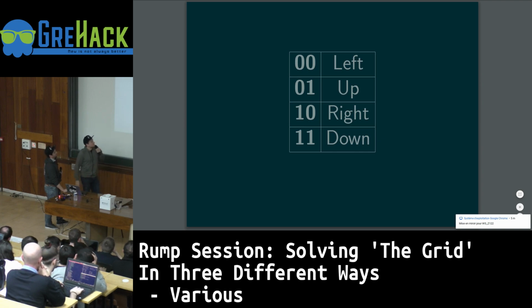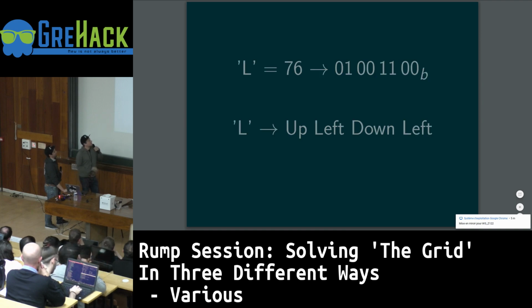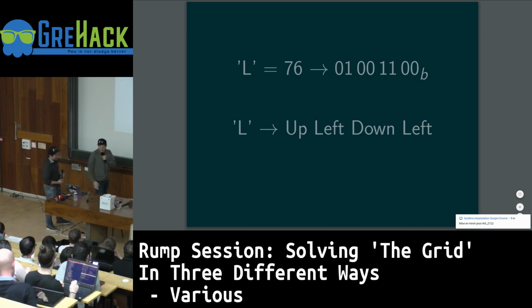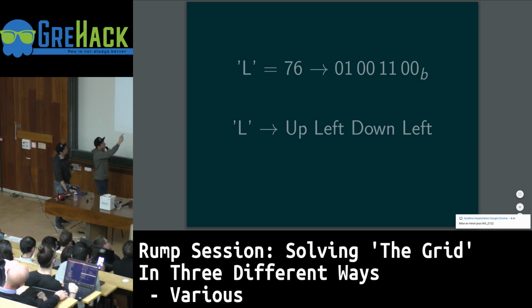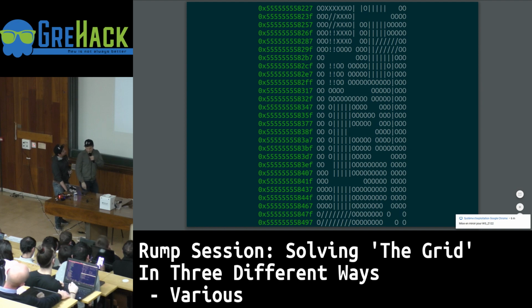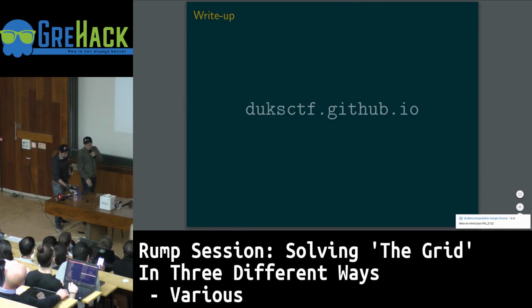up, and so on. So, for example, if you take L, which is 76 or 76 in French, you will have this group of 2 bits, and then it will do a sequence up, left, down, left, and you can play into the maze like this, and you see the X going up the maze, and finally output the flag. If you want to have the complete script of the 3 solutions, we have published the write-up, so feel free to